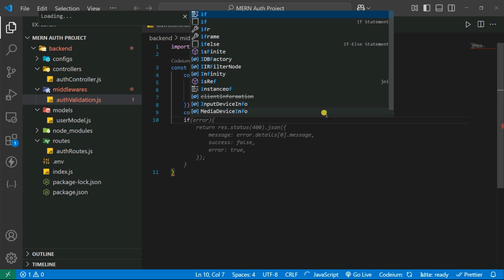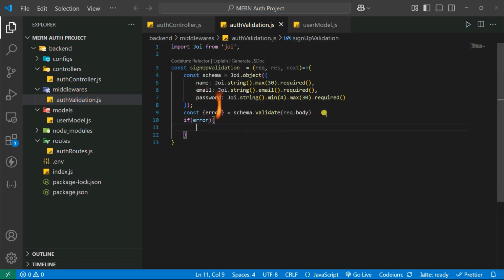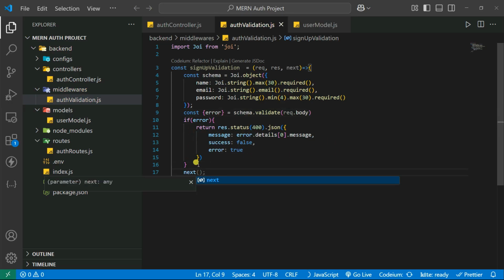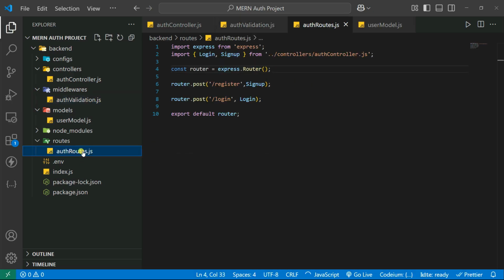So if the error is coming, then we return res.status of 400.json, and you send one message. Let's say message is error.details[0].message, so it will return the error message. And after that, we simply call next, so that it will execute the next statement. Now we can save it, and go inside our auth route,